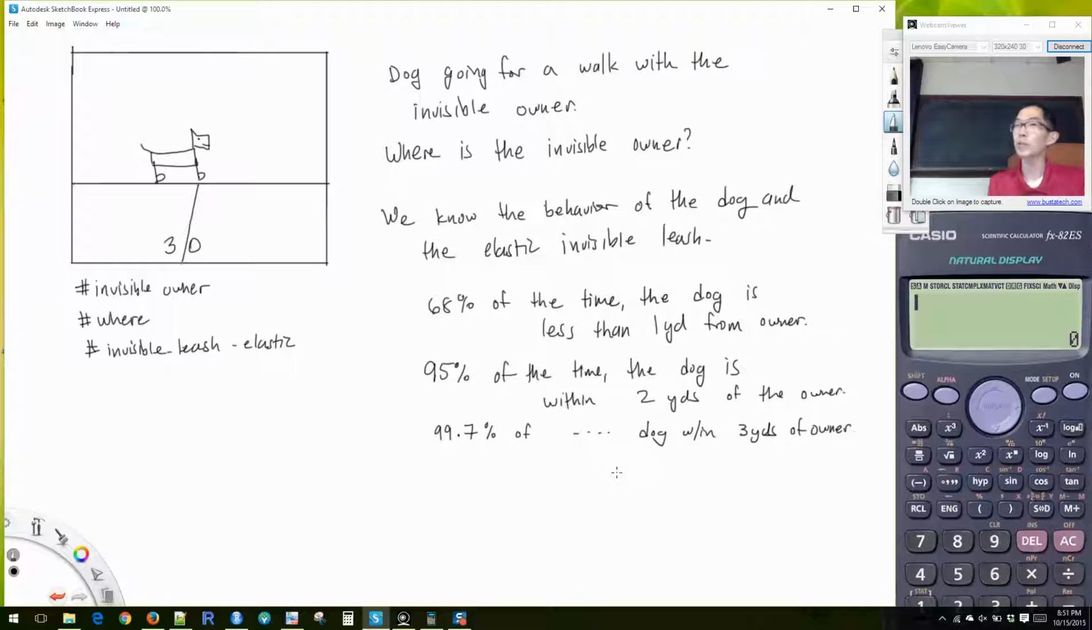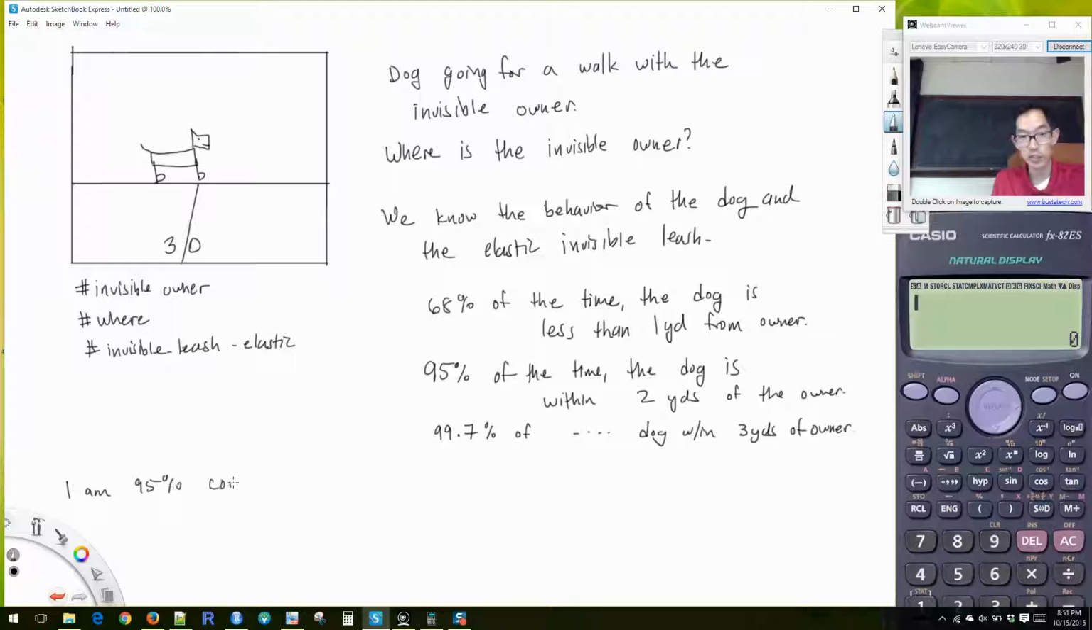So we can't be entirely certain where the owner is, right? Could the owner be 3.5 yards away from the dog? It is possible. It would mean our picture was taken at one of those very rare circumstances where the dog was pulling very hard against the leash. But it is possible that the owner is more than 3 yards away from the dog. But based on what we understand about the dog, we can say something like, I am